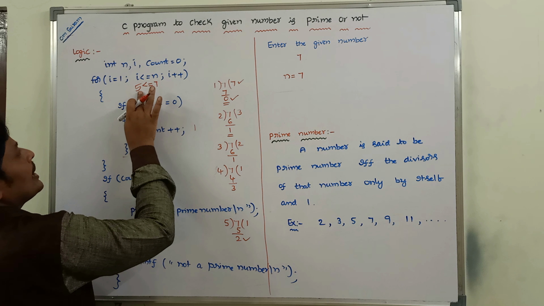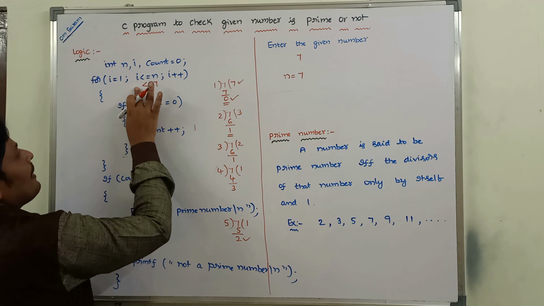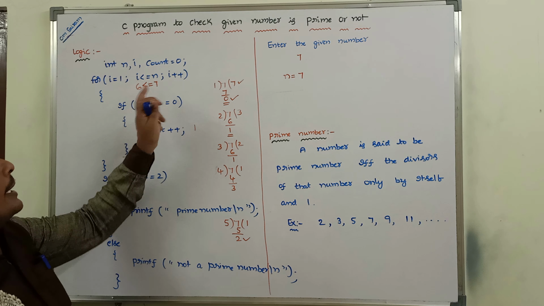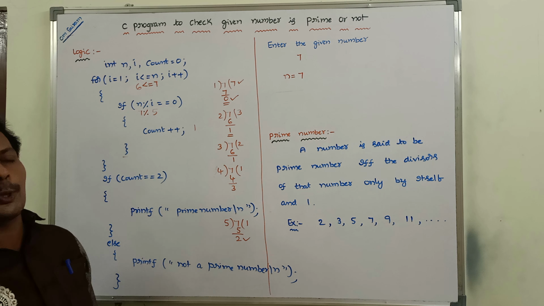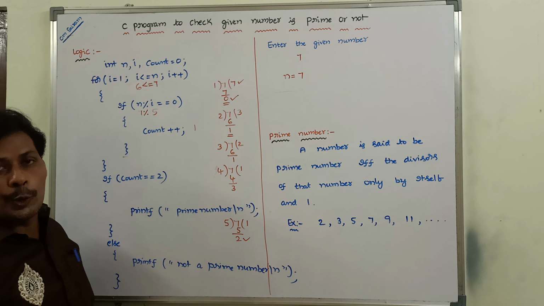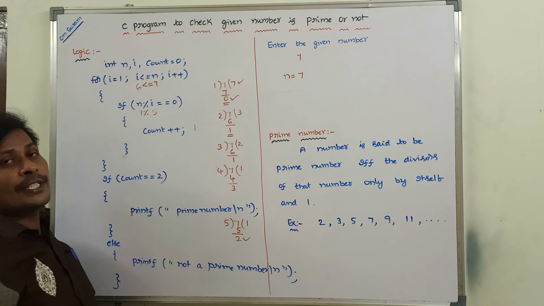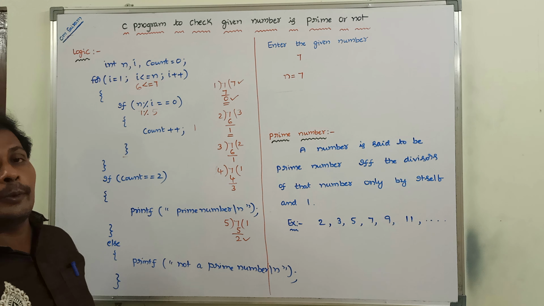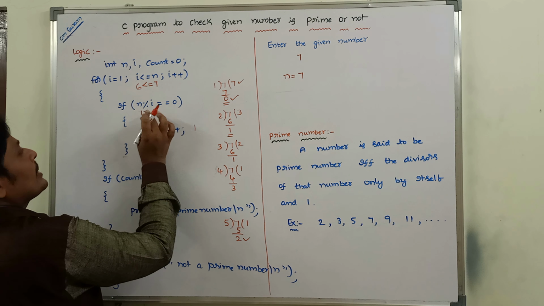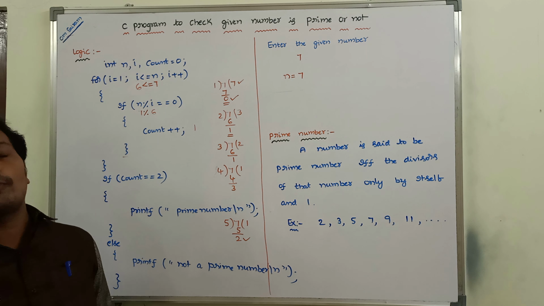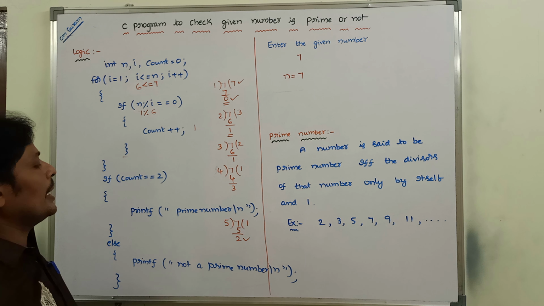Now I value is incremented. Previously I value was 5, now it is 6. 6 is less than or equal to 7. Condition true. If the condition is true, then the control goes to the body of the for loop. In that body of the for loop, the if statement is there: if n modulus operator I equal to 0. N value is 7, now I value is 6. 7 modulus operator 6 equal to 0.